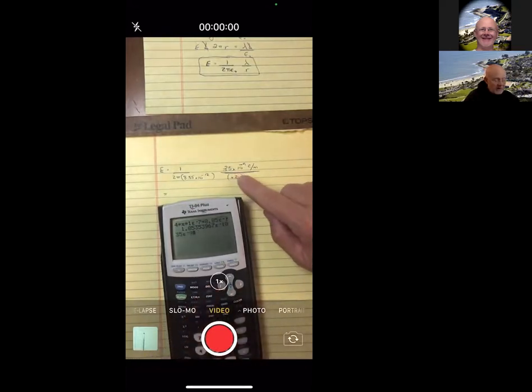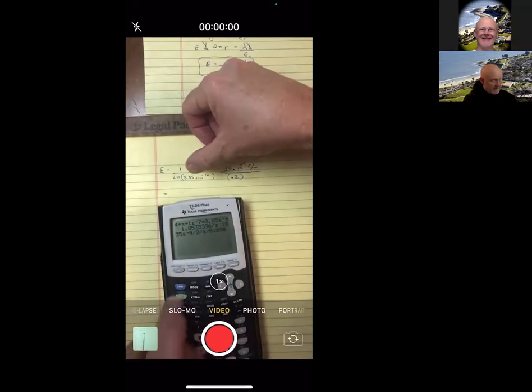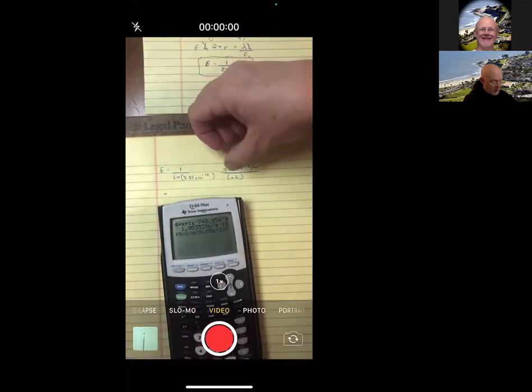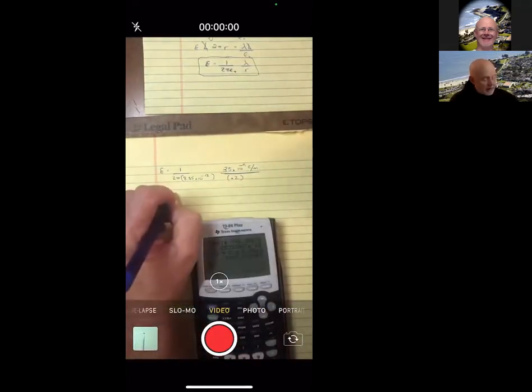So 35 nano, button there. Times, no, actually divide. And let me divide it by a 2. Let me also divide it by a pi. Let me also divide it by an 8.85 times 10 to the negative 12. And then finally, let me also divide it by 0.2. And so we're looking at about